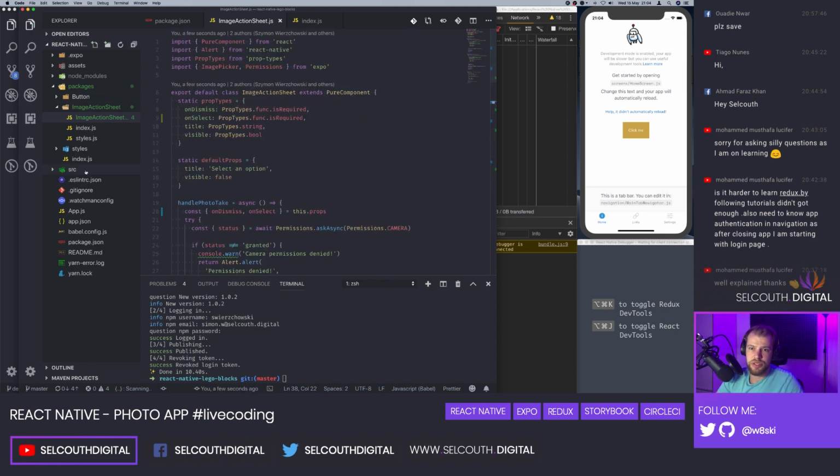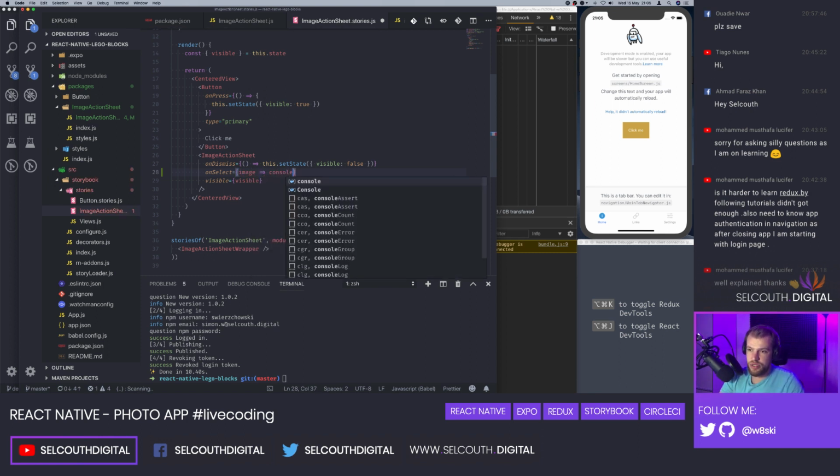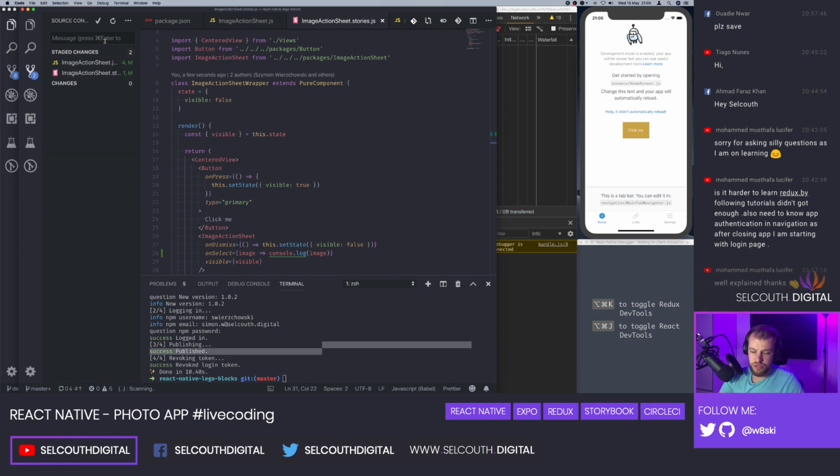So then we'll have to update our image console log, just so we update our story as well. I'm going to say onSelect prop added to image action sheet. There you go. I'm going to push it